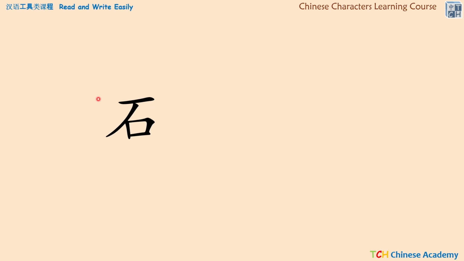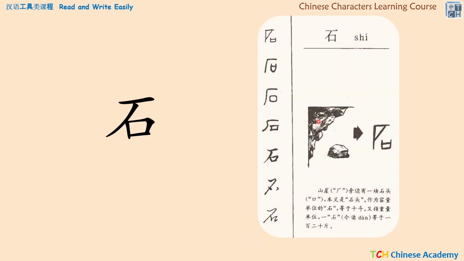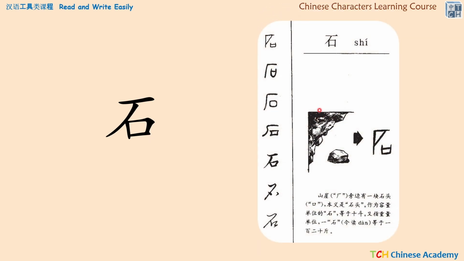Well, how about this one? We start with a horizontal line from left to right, and then a diagonal line towards the left, and the bottom part is like a square. Well, how about this picture? This part indicates the cliff, and under it there is a rock. Based on this meaning, this character is rock, and it's pronounced shi,